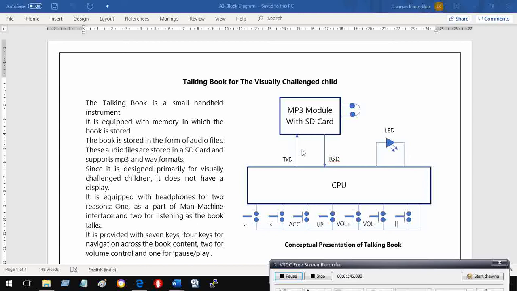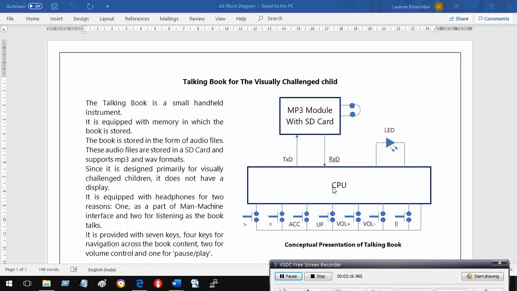Most of the microcontrollers, in fact all microcontrollers, have a serial communication facility called UART, Universal Asynchronous Receive Transmit, or USART, which means Universal Synchronous Asynchronous Receive Transmit. So either of these two is good enough for us.